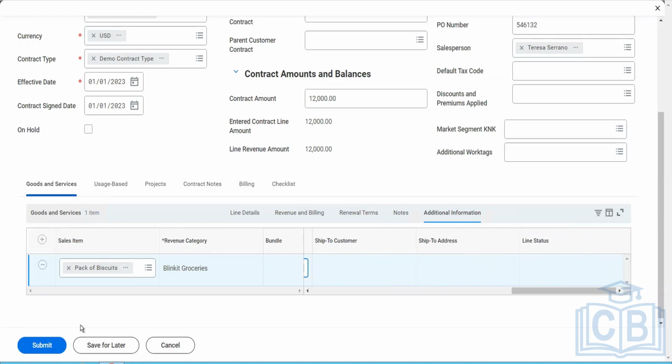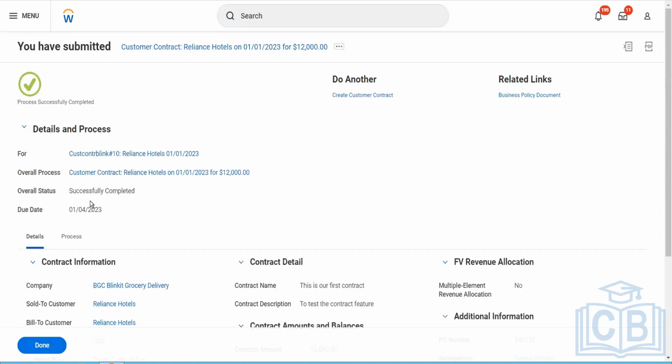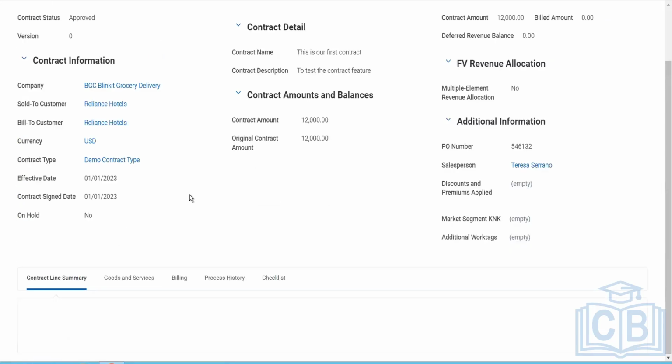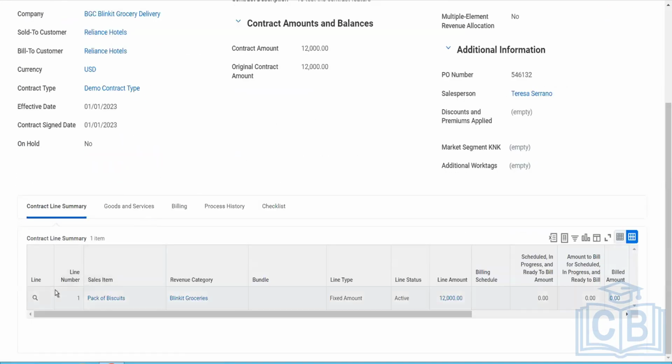Okay, notes. I'm not putting any notes here. Let's hit submit. This is done. So if you just look at the customer contract, this is our customer contract, and this is approved because we did not have any approval step there. So if you see the line level,